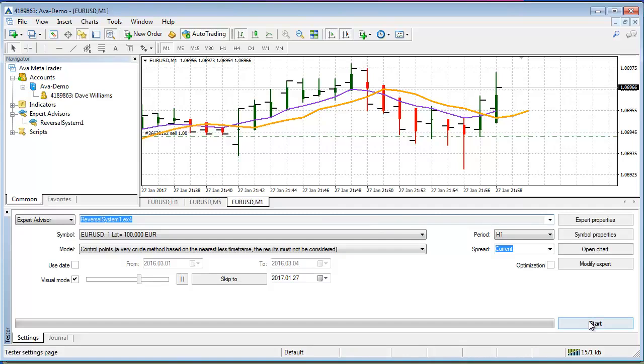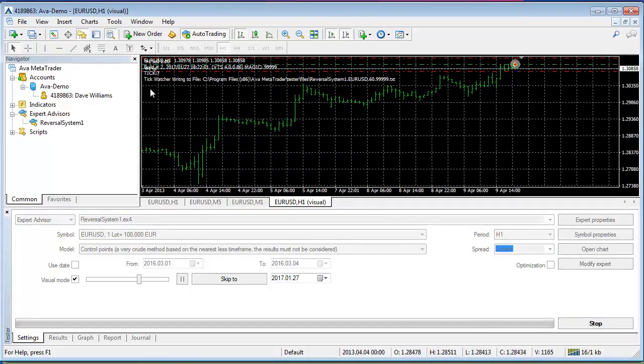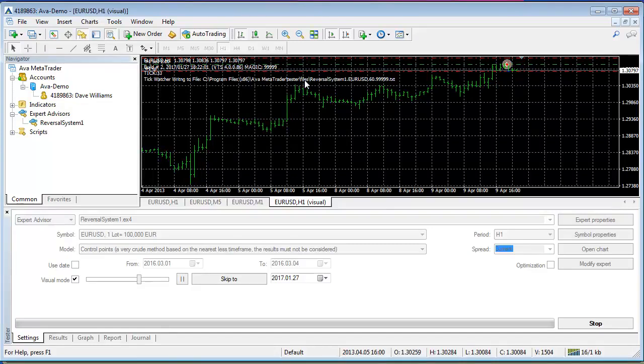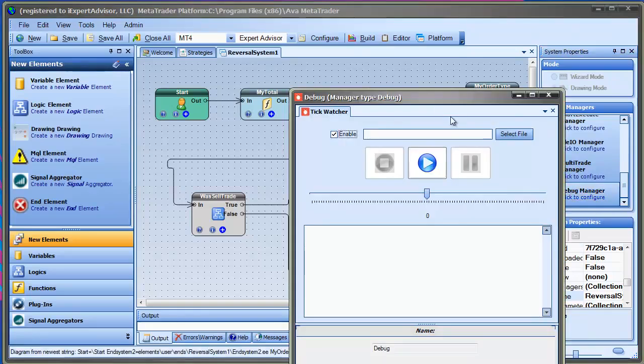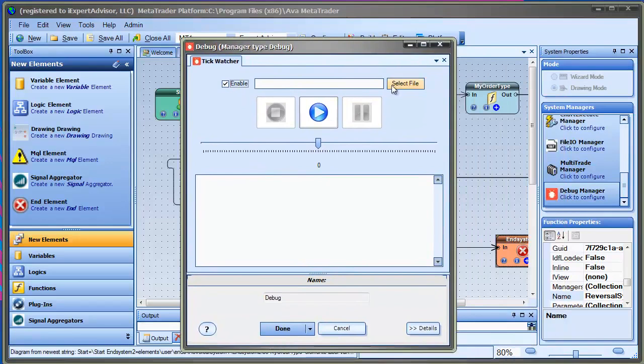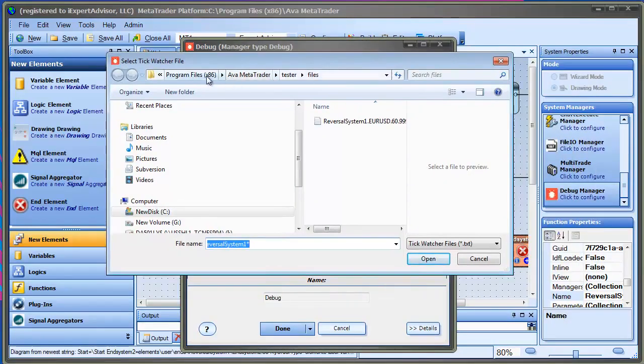So I'm going to go ahead and start this test. Right up here it says Tick Watcher, Write to File, C Program Files, and so on. Actually, it's in the Testers Files folder for my platform. So I'll go back over to VTS, back to the Debug Manager, and now I'm going to select a file. I'll click the Select File dialog, and it actually brought me right there because I was over here before. And I will select that file,